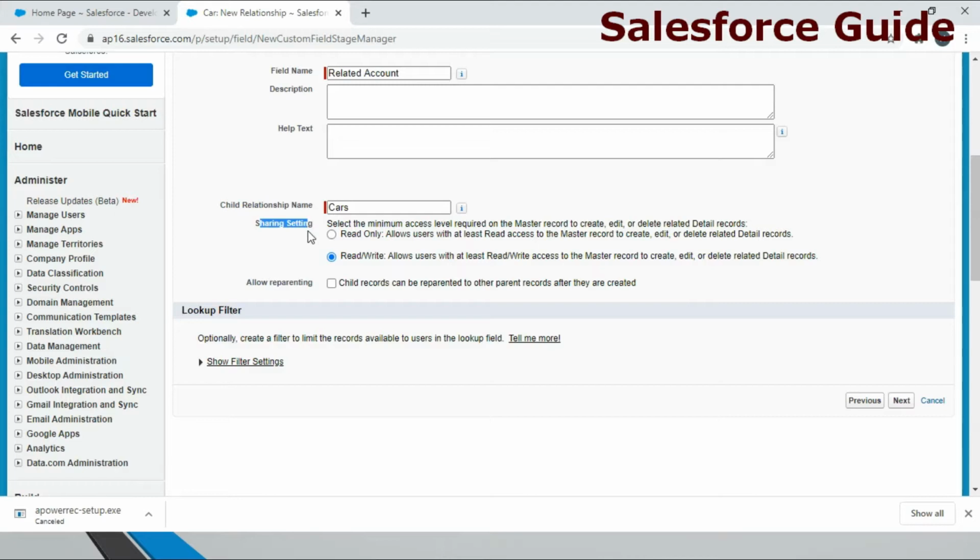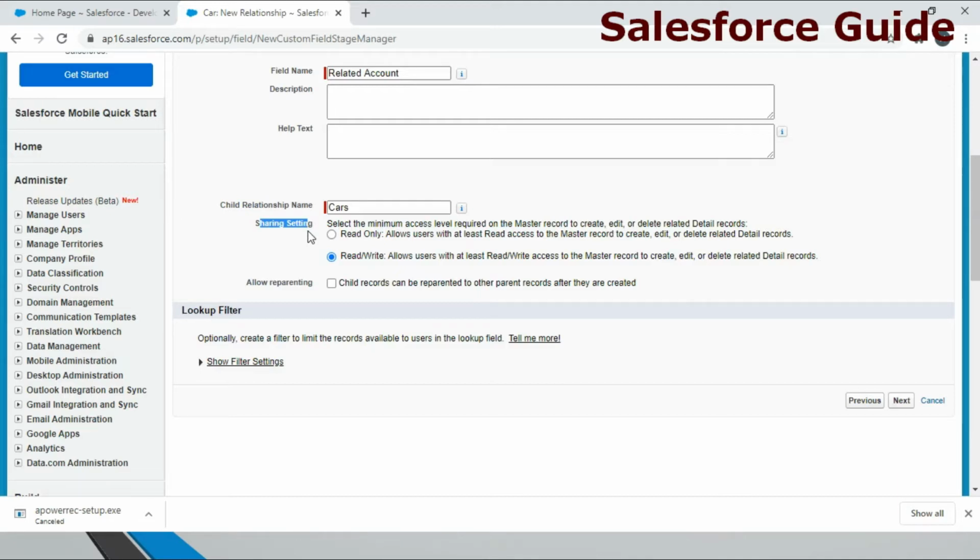So the user will automatically get the read access. The read/write option makes the user a read and write user on the detail record. That means if the user doesn't have access to an account, he will automatically get read only access, and by read write it will make sure that he can do any kind of things related to the related object.